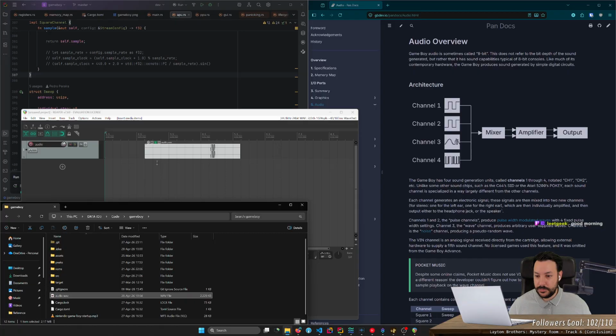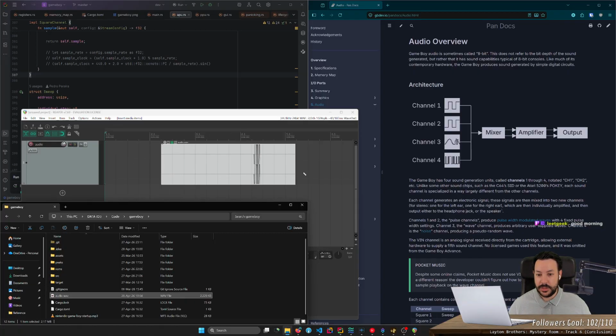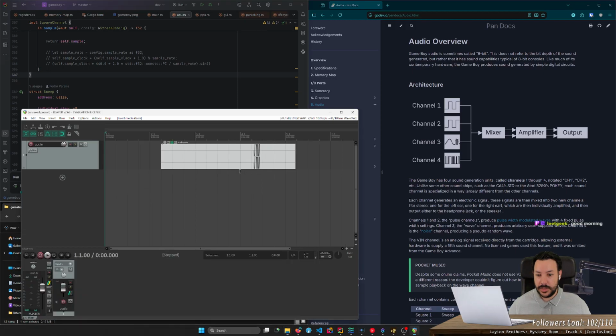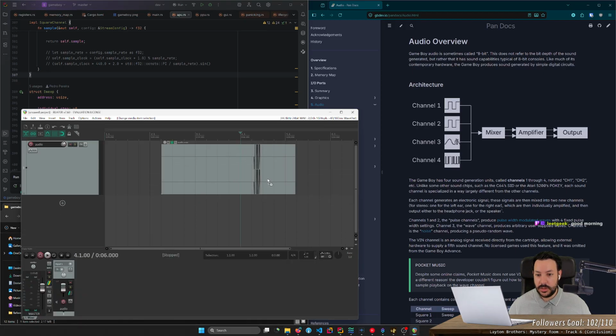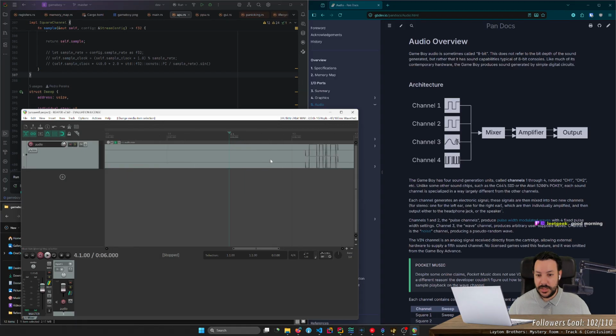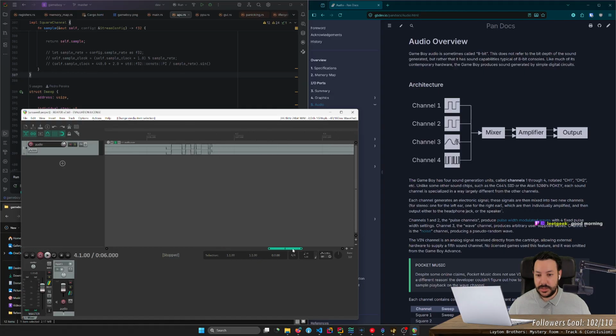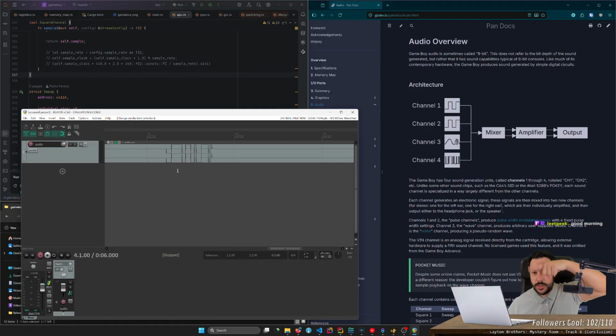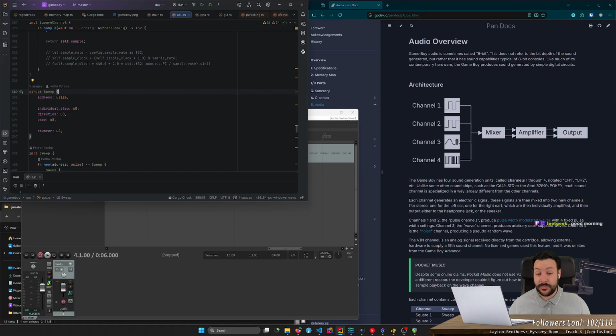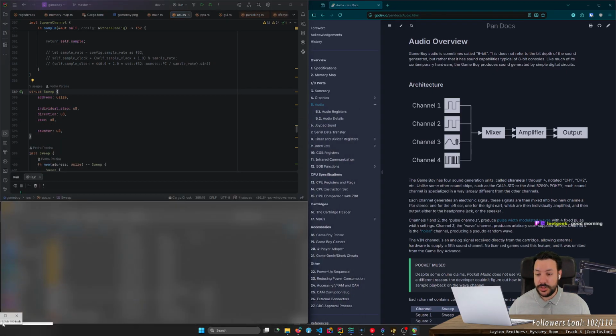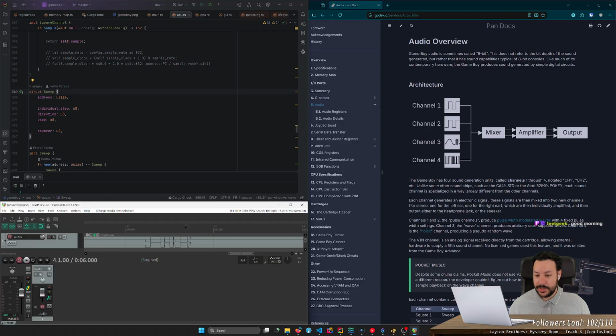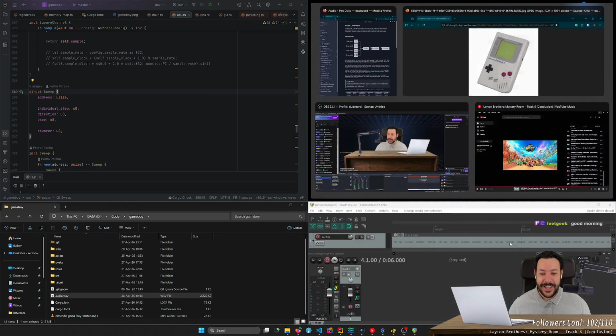Fortunately, this is a little better. How do I actually zoom in on this? I still need to learn this interface, but there's the wave that we are generating, and the expectation is that it would alternate more quickly, very, very quickly. I don't exactly know how we could start. I don't actually have a plan.